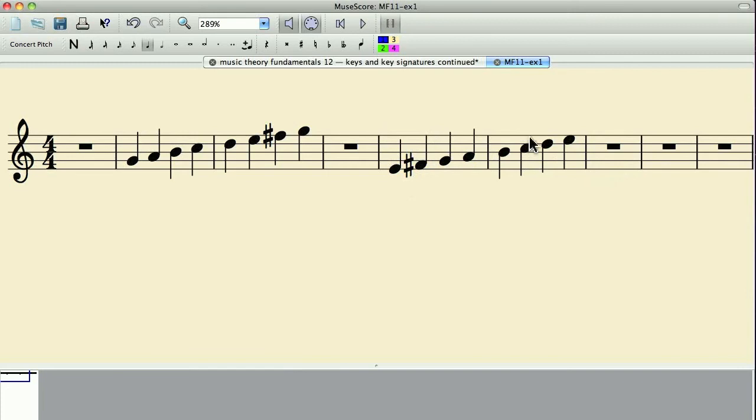Now, this is the introduction to key signatures. So we're going to talk about key signatures. If we were playing a piece of music in the key of E minor, it would be very cumbersome to have to always stick a sharp in front of every F that we played. It would just be cumbersome. And so in order to make it simpler,